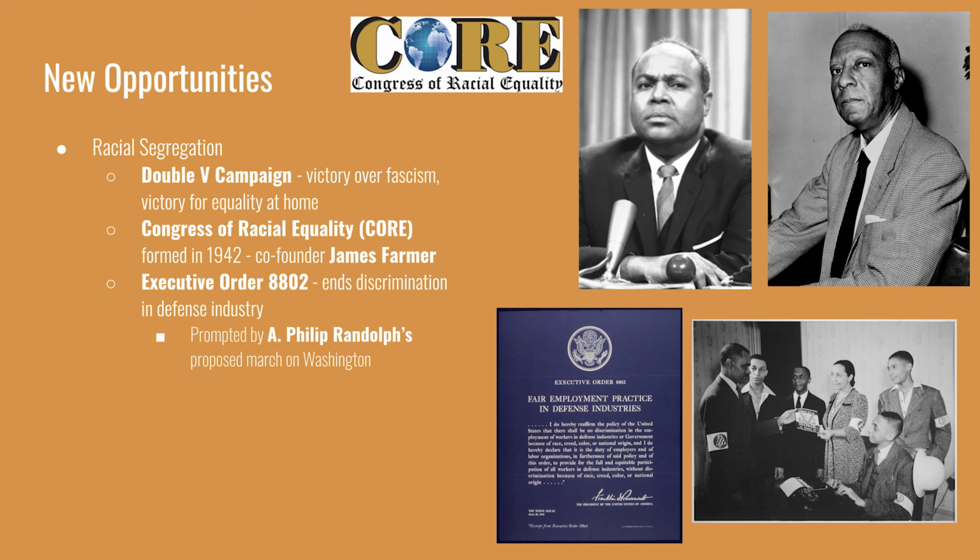The executive order had been prompted by A. Philip Randolph's continued proposed march on Washington. He was angry about the discrimination that African Americans endured, especially in business and industry. Finally, after enough prompting from Randolph, and a light threat that he would get African Americans to march on the nation's capital, Roosevelt issued this executive order to provide for a more equitable employment for African Americans.